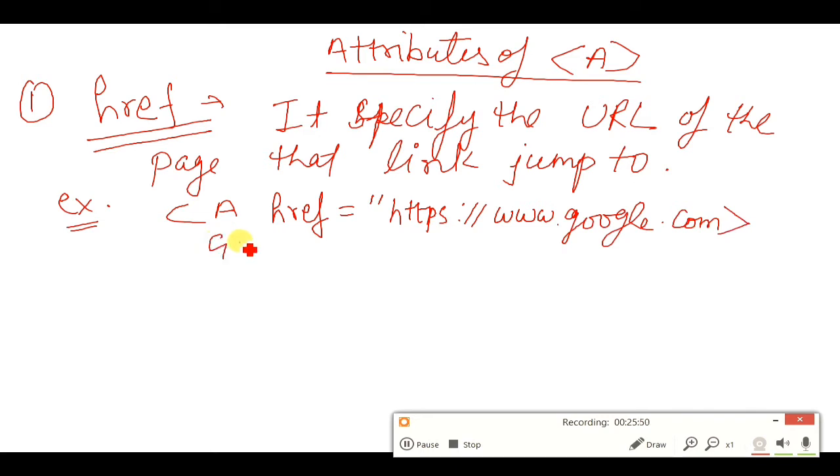So you have specified the URL of the web page or document inside the href attribute, and then the content, which will be highlighted, and then close the anchor tag.